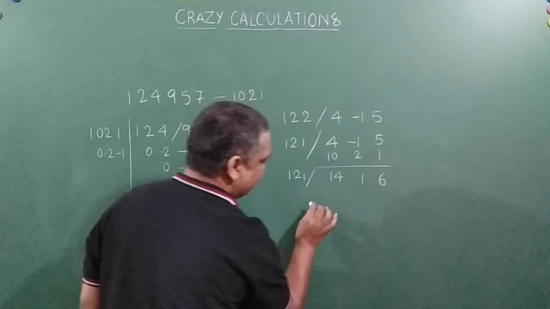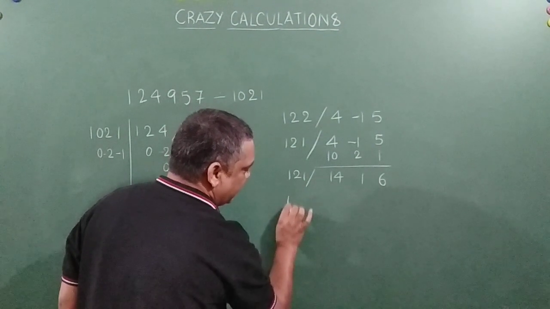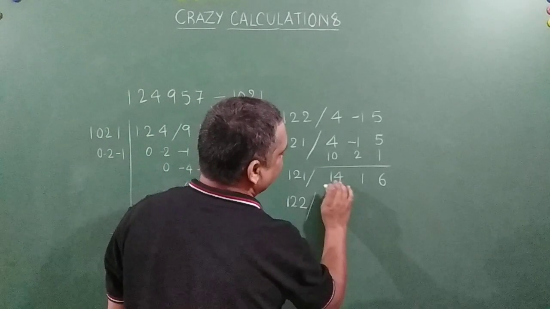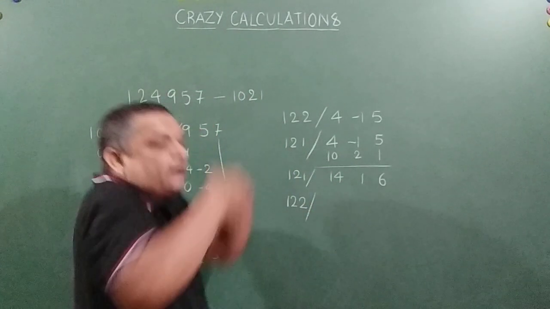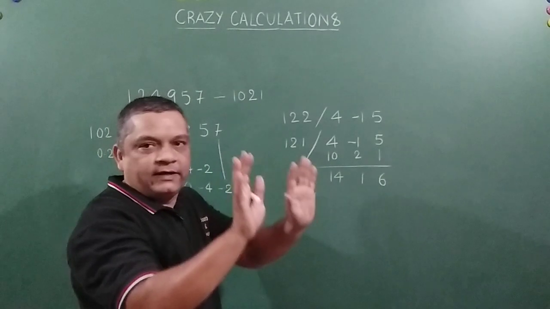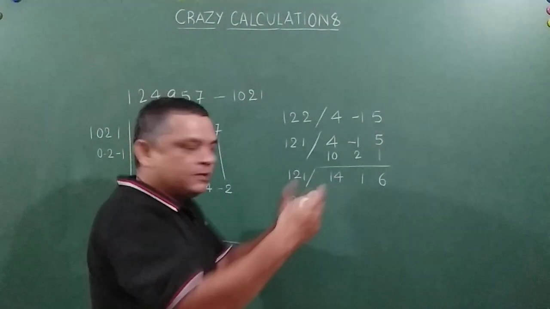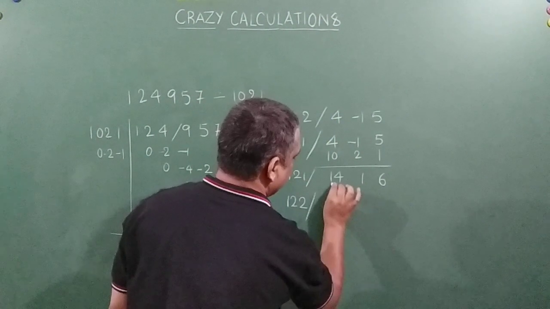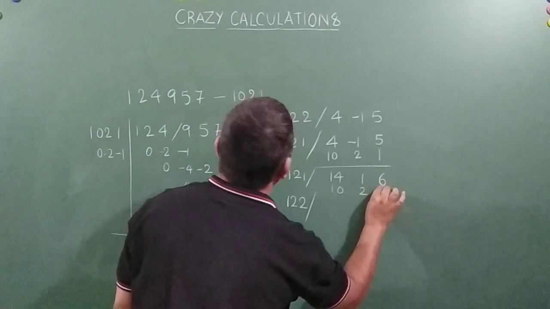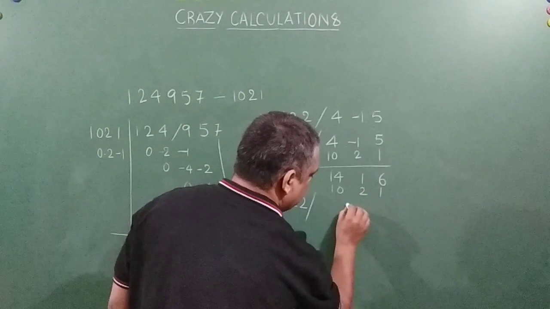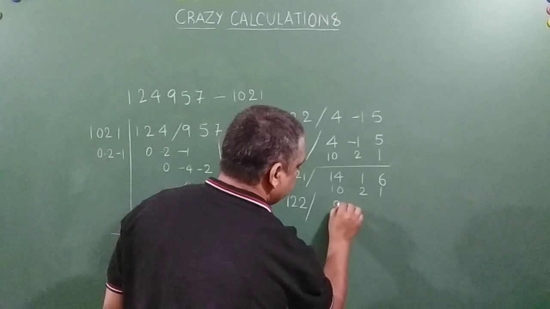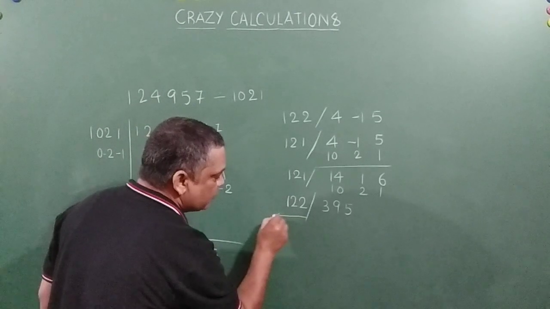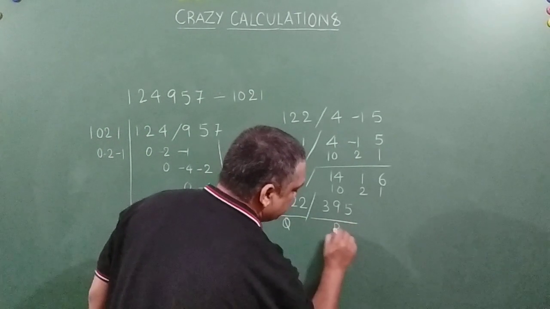So what I am going to do friends here is that I am going to increase it by one more time and I am going to write the difference of this and this. That means I am dividing it one more time. Same logic, right? I am going to divide it one more time. So the remainder will change now. 1416 minus 1021. So this is 593. You are getting my point? Now this is my quotient and this is my remainder.